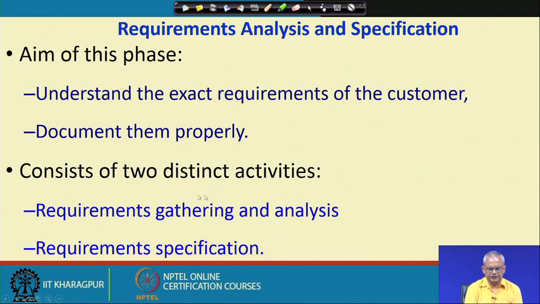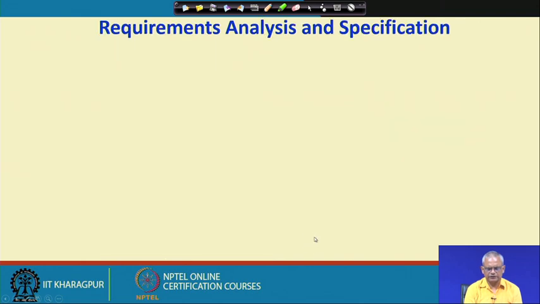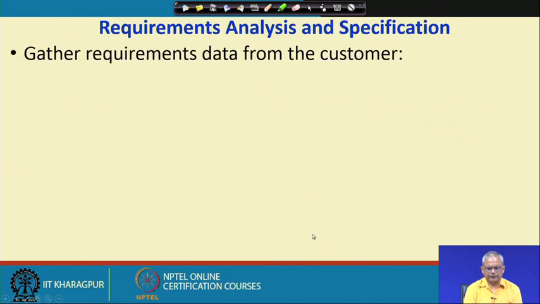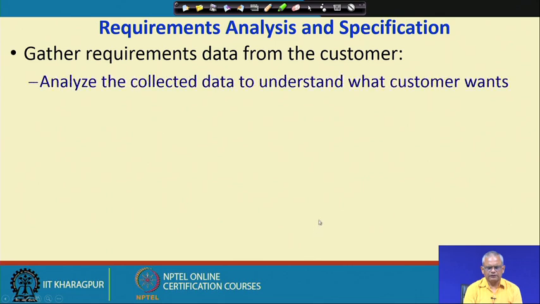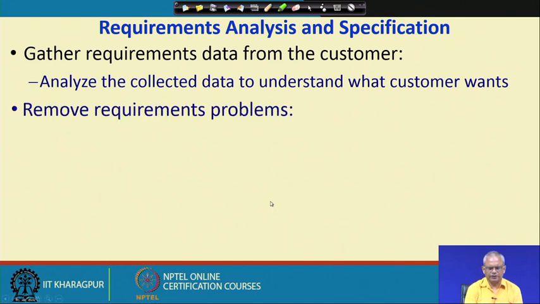Let us look at what is involved in each. In requirements gathering, we need to gather the requirements, collect the data, understand what the customer wants, and during the analysis we analyze the collected requirements,